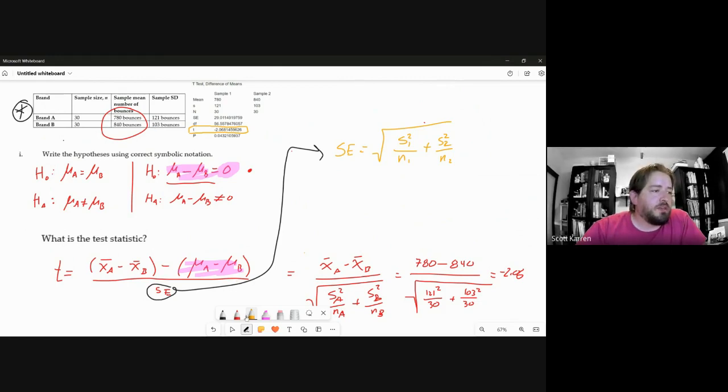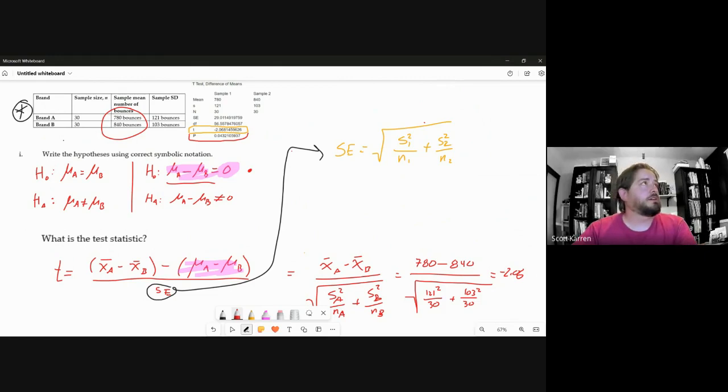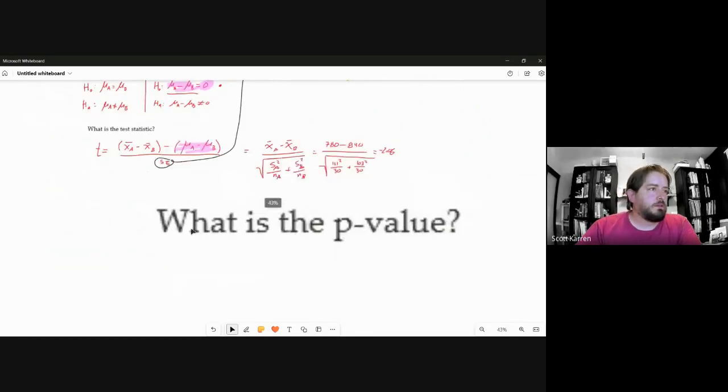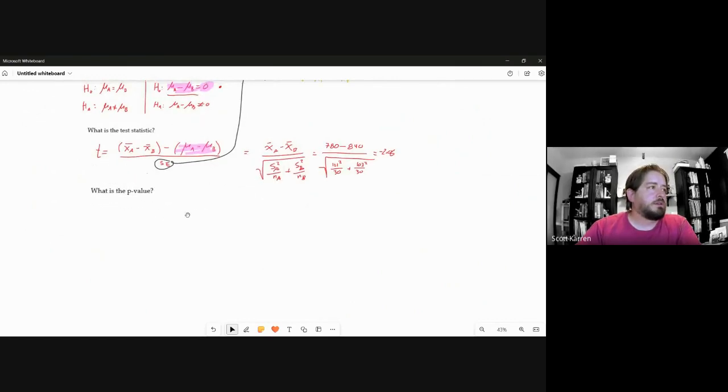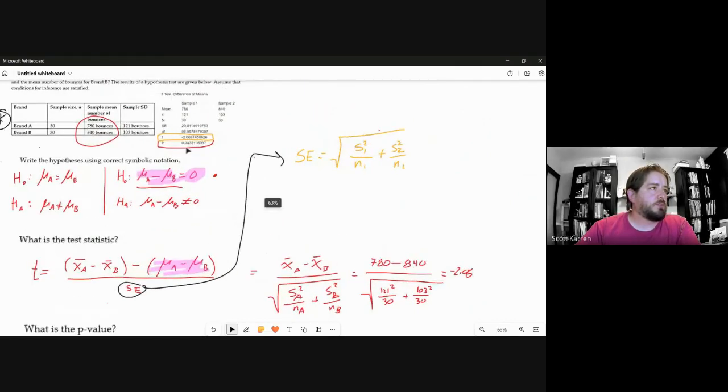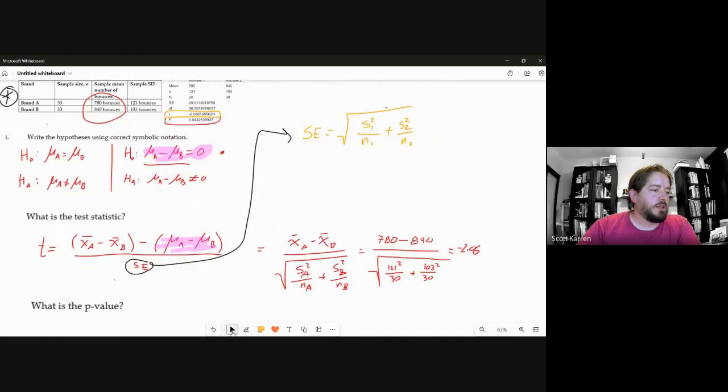And in fact, the p-value is also given to me. So I didn't actually have to do all of this math. I could have just said, hey, look at that. There's my values. The p-value is 0.04, right? And so when they ask you in the next little bit here, what is the p-value? The p-value is given to you right there, 0.04, right? So that's 0.04. I don't have to calculate it,